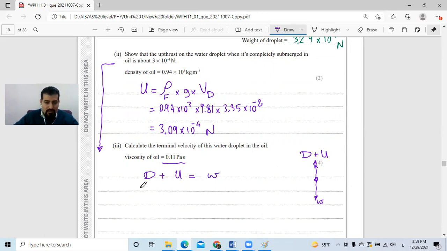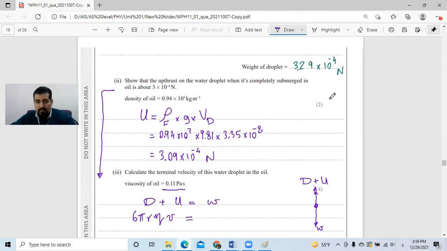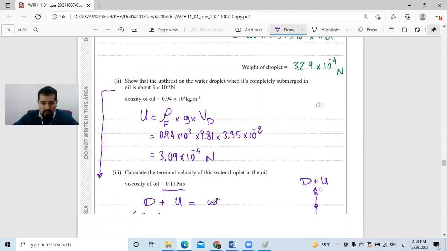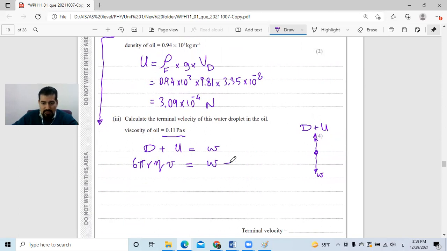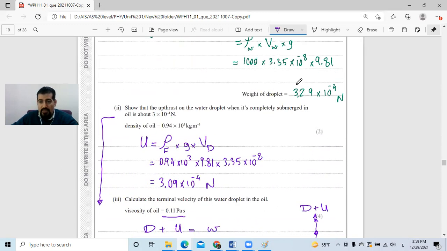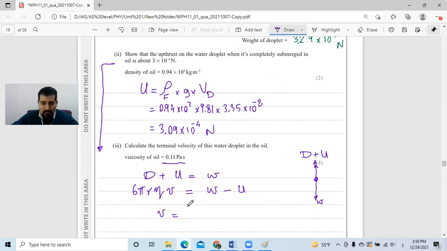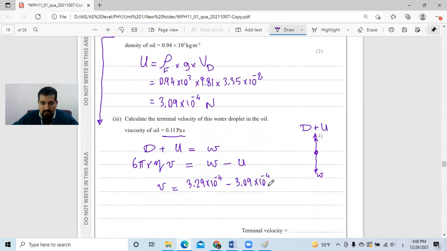And the drag, we know, is 6 pi r eta v. They ask about v, the terminal velocity. Let's write weight minus upthrust. So v equals the weight, 3.29 times 10 to the power of negative 4, minus the upthrust, 3.09 times 10 to the power of negative 4, divided by